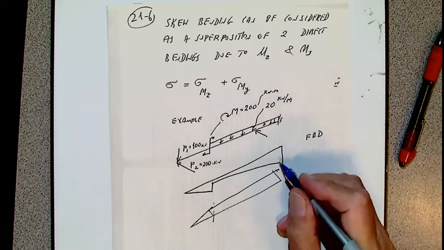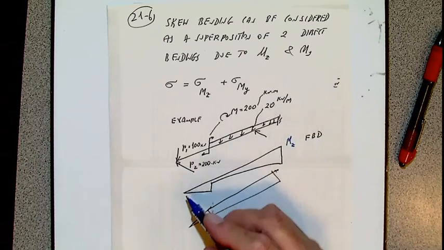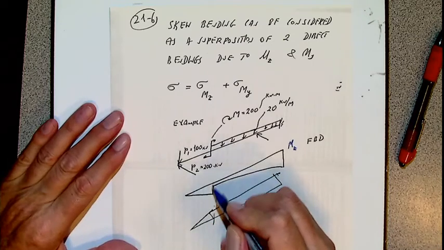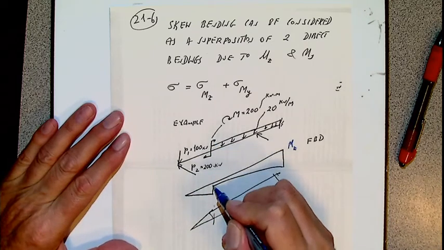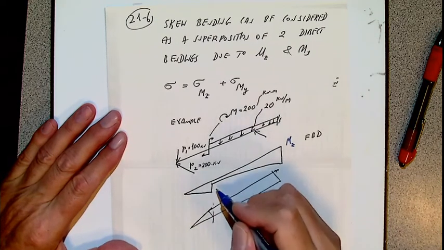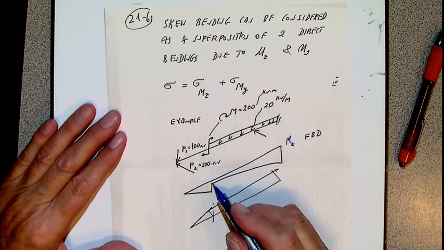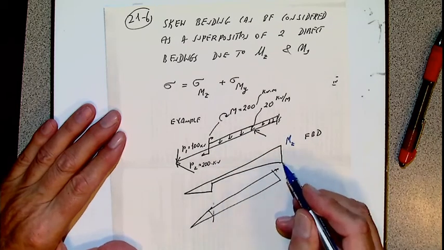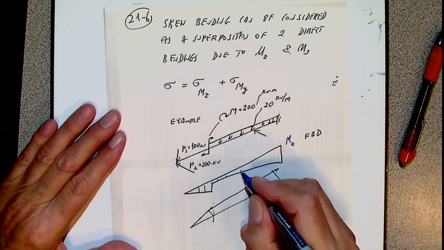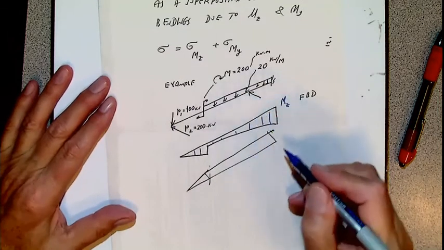So I'm depicting the Mz diagram, approximately. This load causes a straight line. Then because there is a moment, we have the jump. Then from here, this distributed load gives me this value. Now here, that is